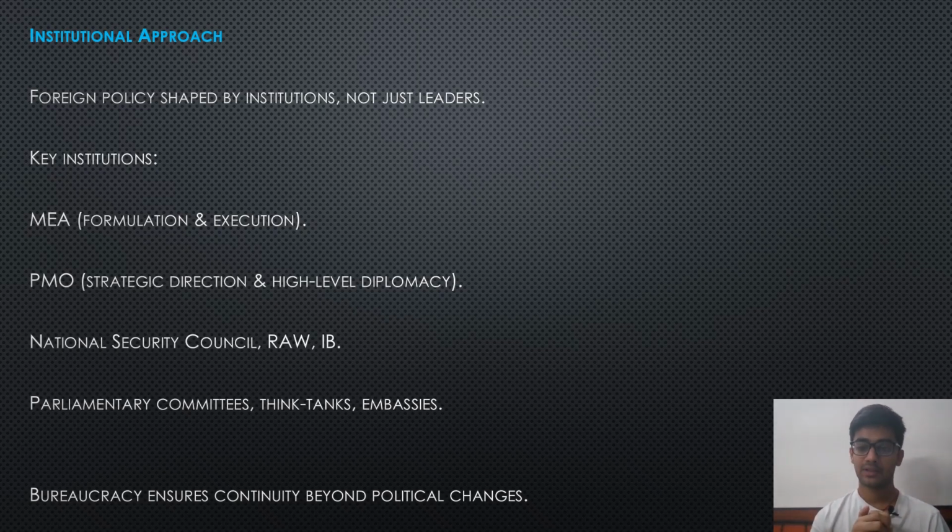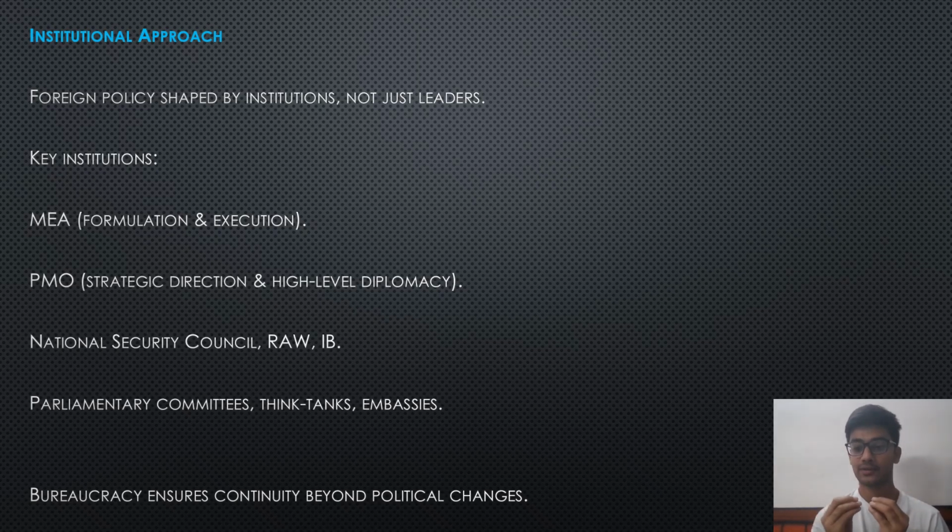Another is the Prime Minister's office. So the Prime Minister is a very important figure in the country. In our country, especially where there is a parliamentary form of democracy, the Prime Minister becomes a very important position. And many of the strategic decisions are taken by the Prime Minister's office. Mind you, we are not saying Prime Minister, we are saying Prime Minister's office. So a prime minister doesn't alone sit and think what to do. In the office there are diplomats who are experienced, who have been there for decades, who know how things work. There are other experts who advise the prime minister, and after that a decision is taken.